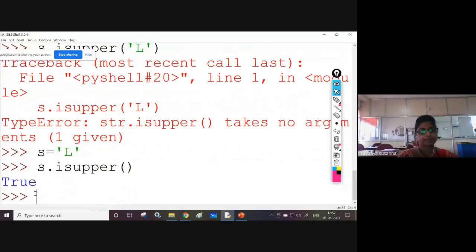Yes. Okay. See here. Just S equal to only a character. You need to give only a character, right? I'm sorry.